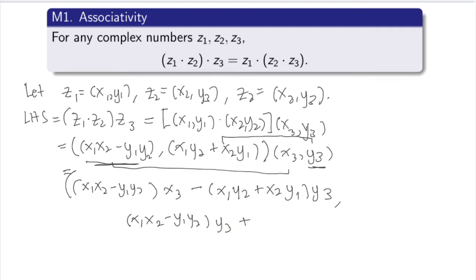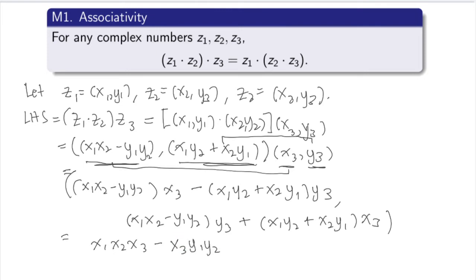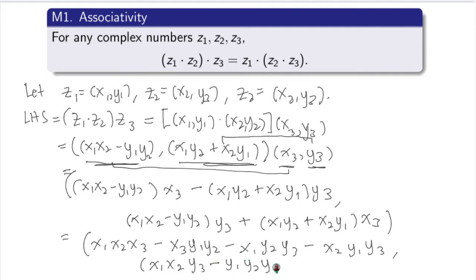So this one times x3. We have the quantity x1, y2 plus x2, y1 times the quantity x3 for the imaginary part. Simplifying, we get x1, x2, x3 minus x3, y1, y2 minus x1, y2, y3 minus x2, y1, y3 for the real part. For the imaginary part, we have x1, x2, y3 minus y1, y2, y3 plus x1, x3, y2 plus